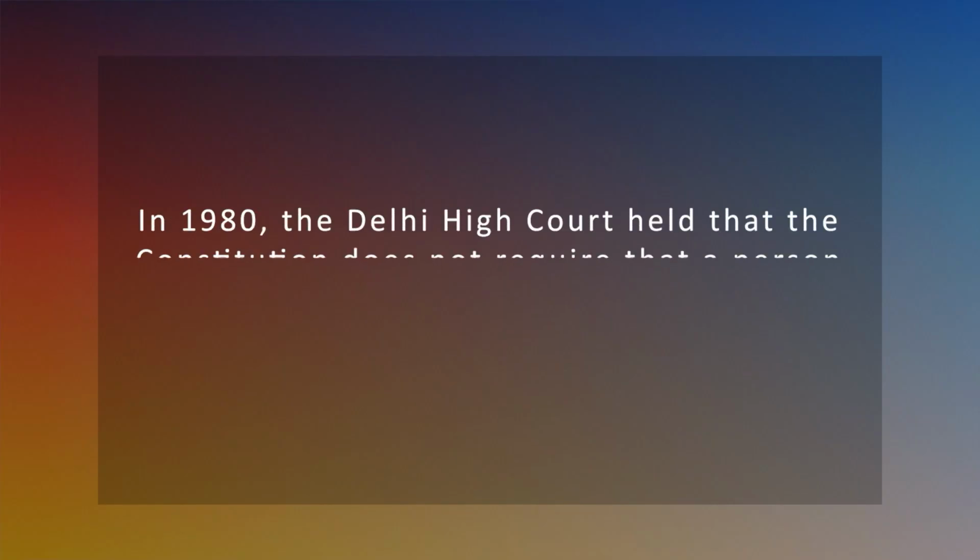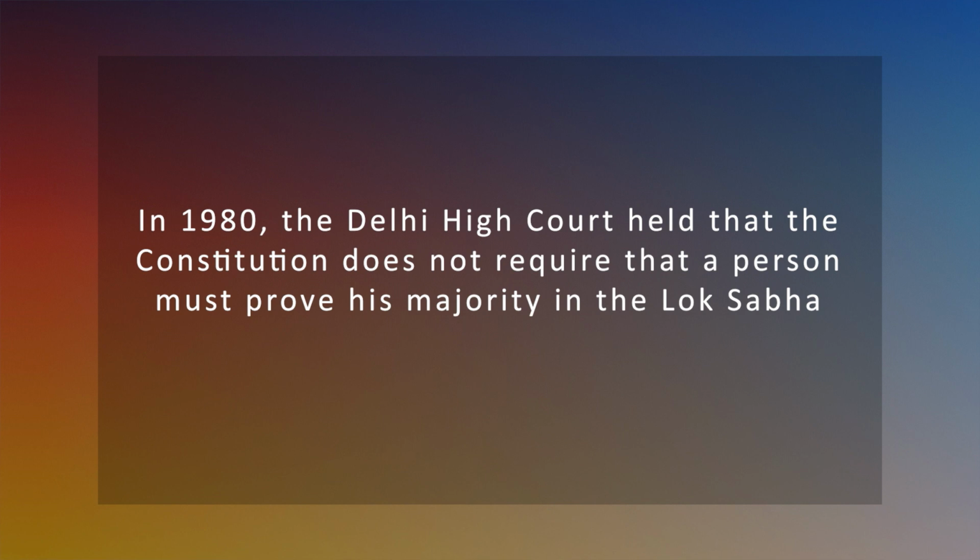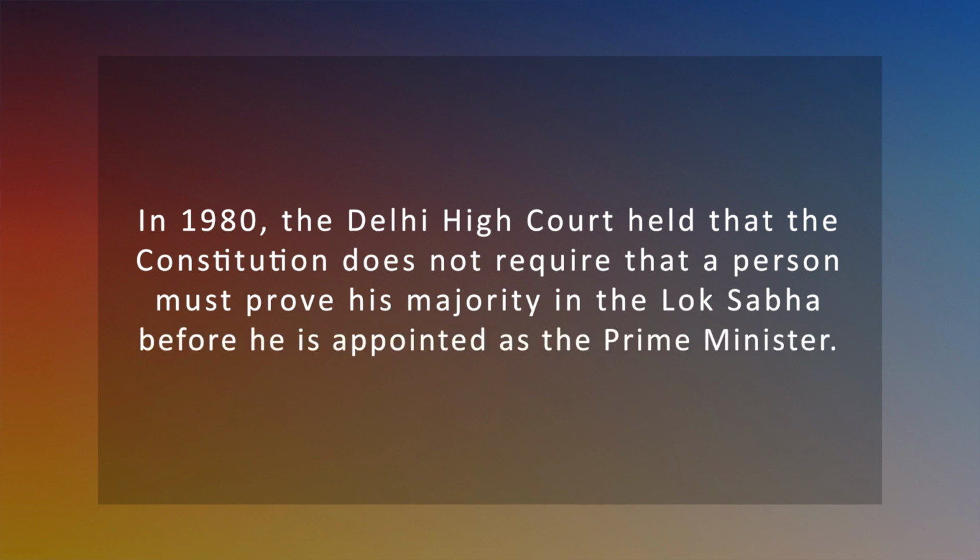However, if on the death of an incumbent Prime Minister, the ruling party elects a new leader, the President has no choice but to appoint him as Prime Minister. In 1980, the Delhi High Court held that the Constitution does not require that a person must prove his majority in the Lok Sabha before he is appointed as the Prime Minister. The President may first appoint him the Prime Minister, then ask him to prove his majority in the Lok Sabha